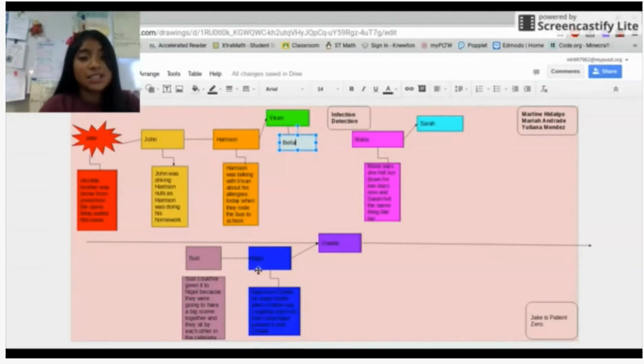Then Susie gave it to Nigel. Nigel lent Charlie his water bottle when Charlie was coughing bad, and that's how Nigel passed it on to Charlie. Charlie had the allergies because of Nigel, and Charlie, I left him alone with no arrows because he didn't give it to everybody else, and he stayed like that.